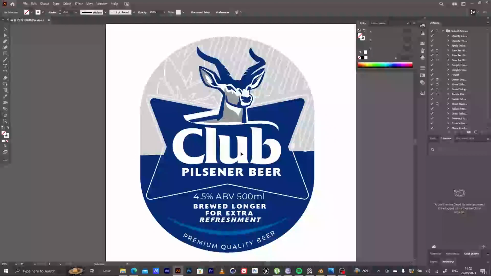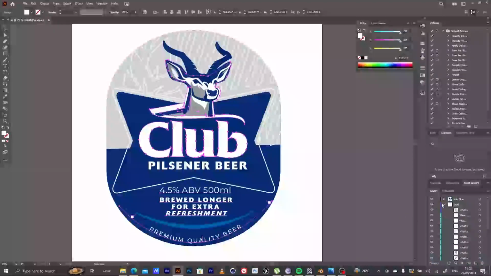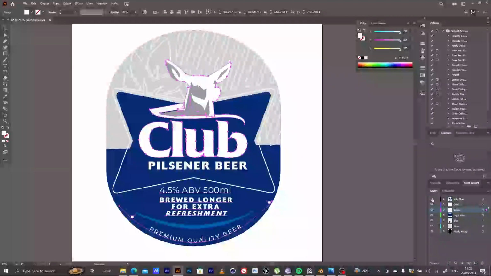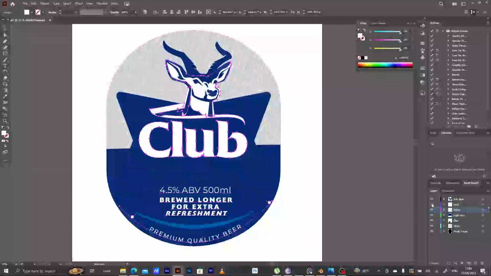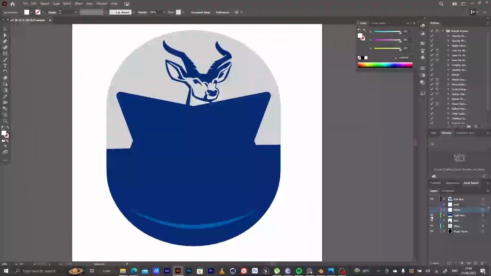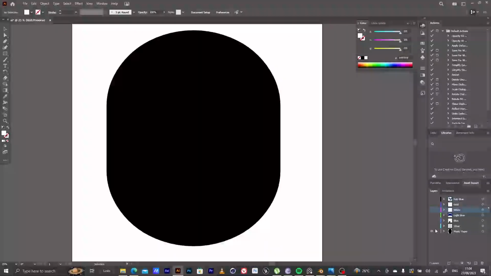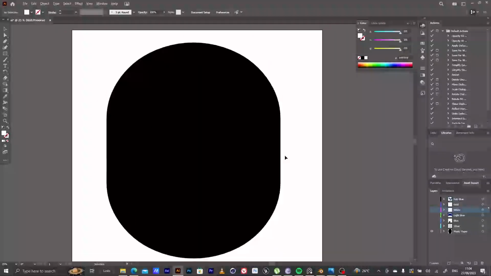As you can see here, I have broken down these parts, so I know which part is the Cobb's head, which part is the silver foil, which part is just white text, the blue label, the silver, and the mask. Now the reason as to why I have the mask like this, of course,